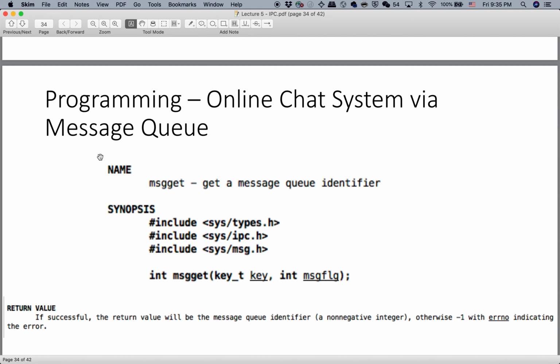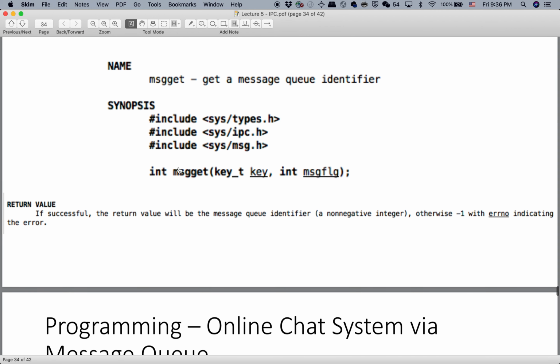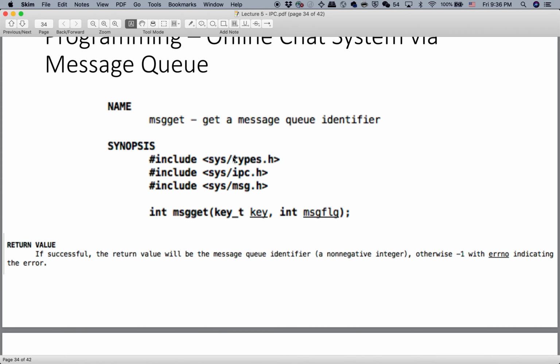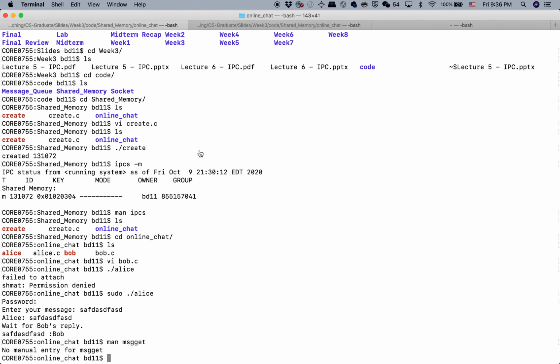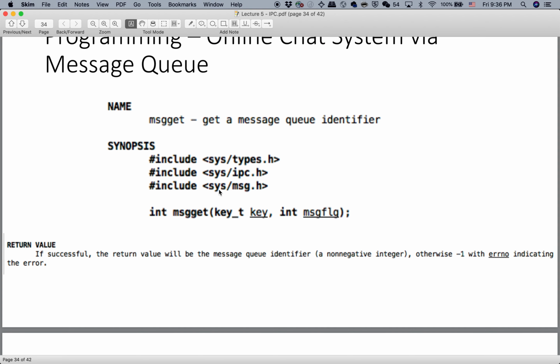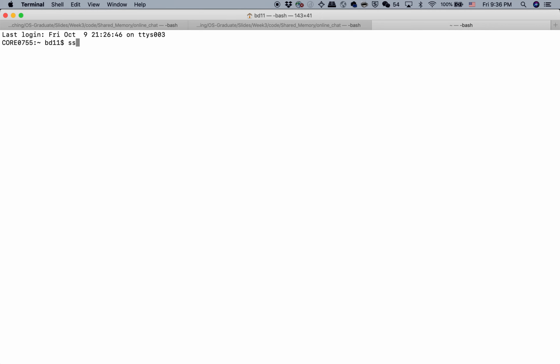We allow two processes to send a message to each other directly. Very similar to shared memory, first we need to create the message queue, and the way for us to create it is by using this msgget. Sorry, this one is only available on Linux